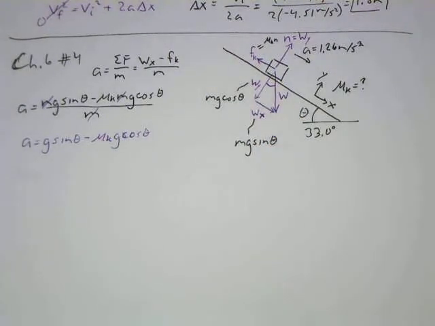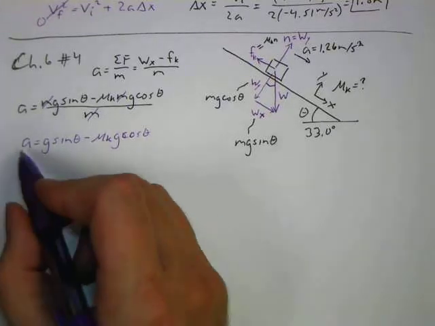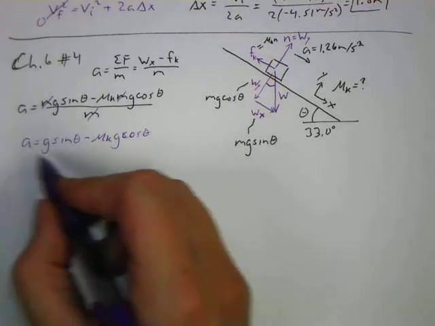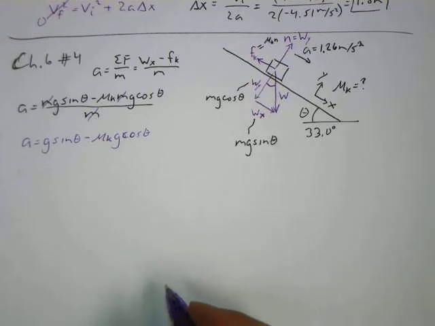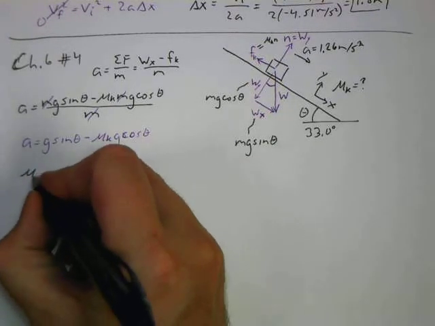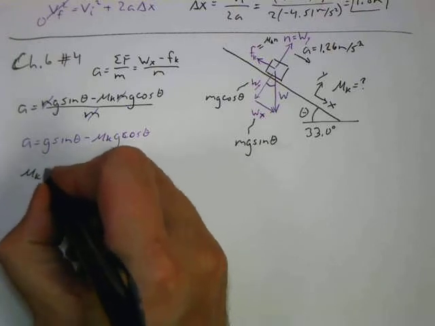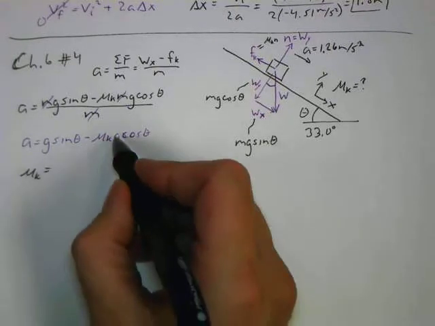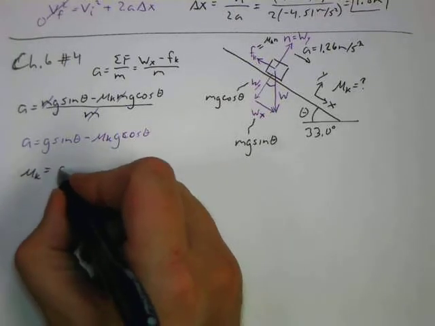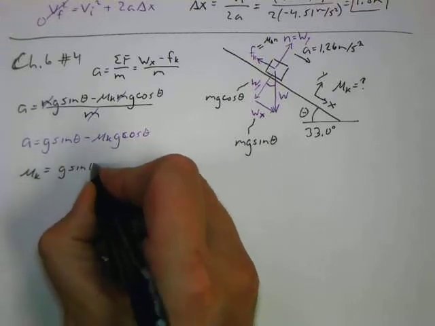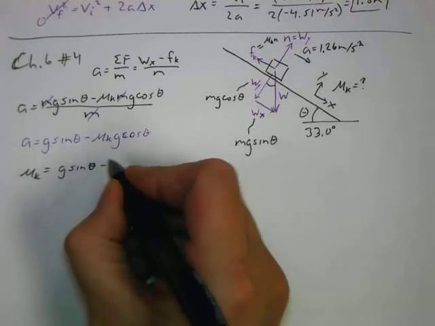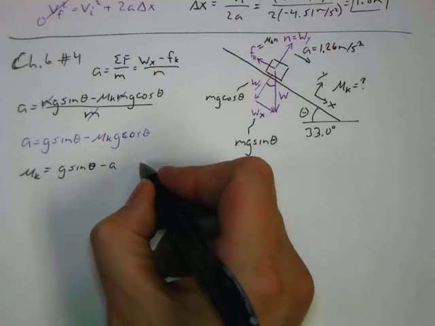And so we can rearrange a few things here. We can subtract this out. Actually, I'm going to add that to the other side and subtract my acceleration over to this side. So I'm going to end up with a formula that mu sub k is equal to, that goes to the other side, so I'm going to get g sine theta minus the acceleration